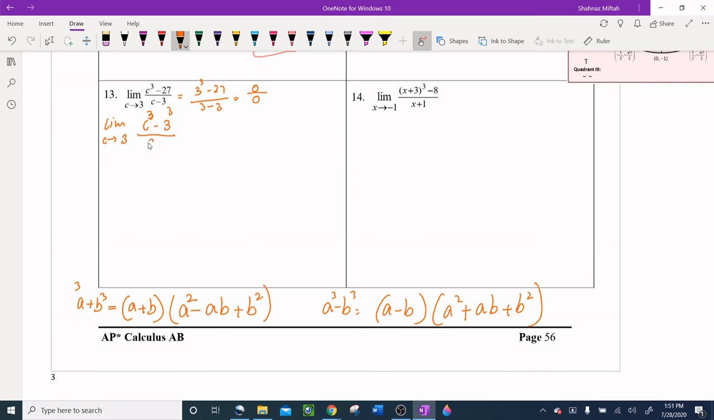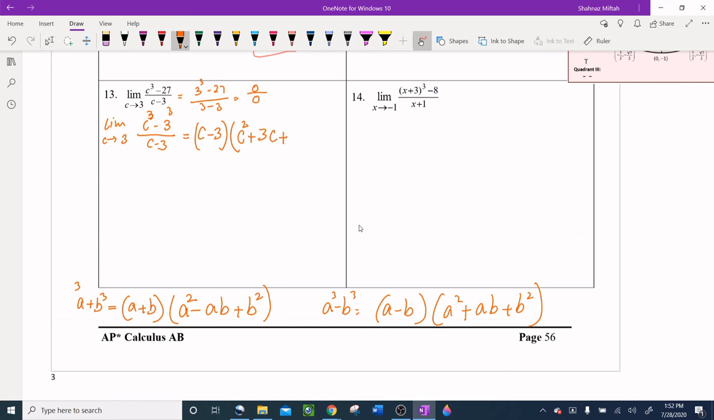So this is what it's going to give me, c minus 3. Now I can factor this out, because even if we already know it's 0 over 0, I just rewrote it. Then I have to factor out c minus 3, like the first one as it is. Then we have a squared, which means c squared. This is a, that's b, plus ab, which means 3c,